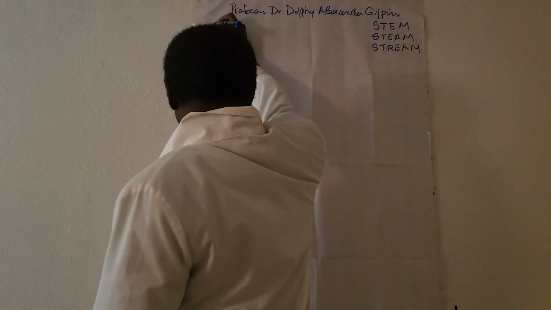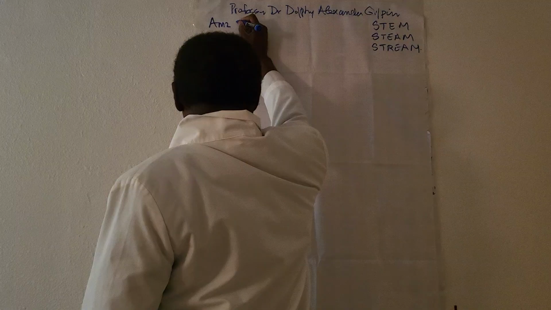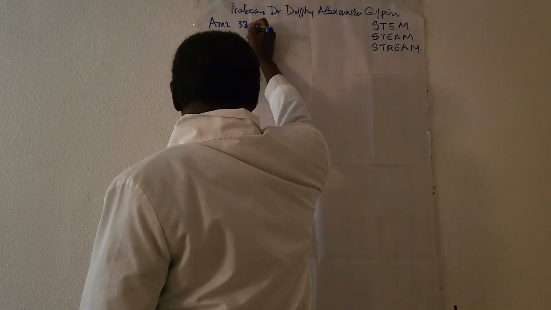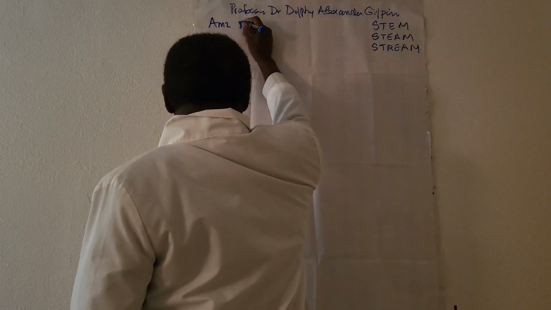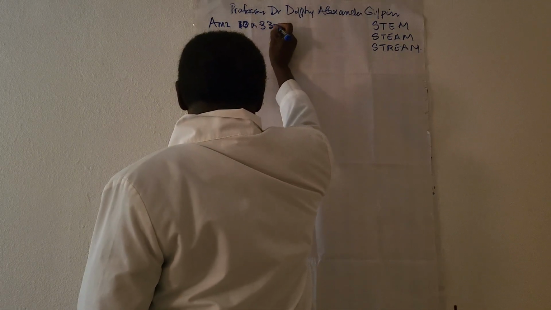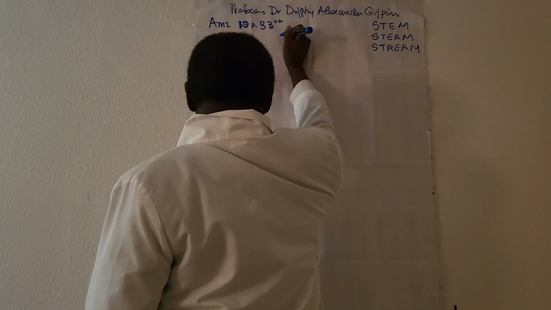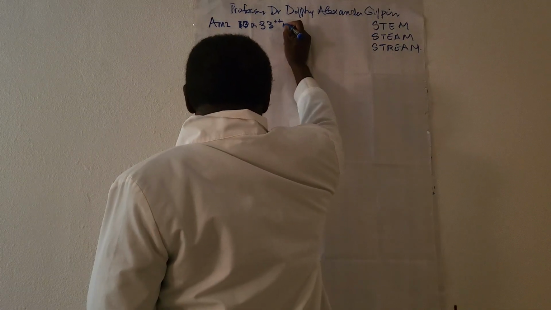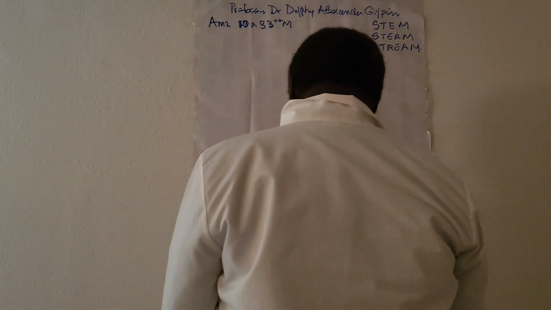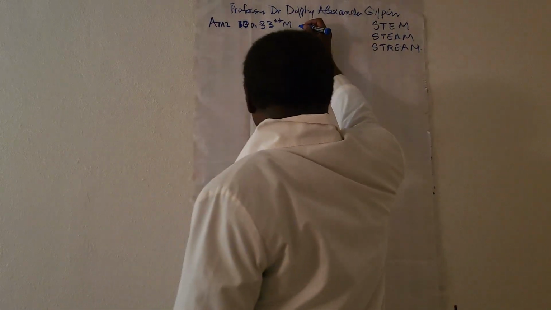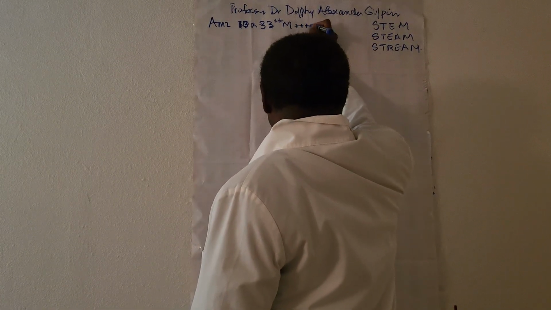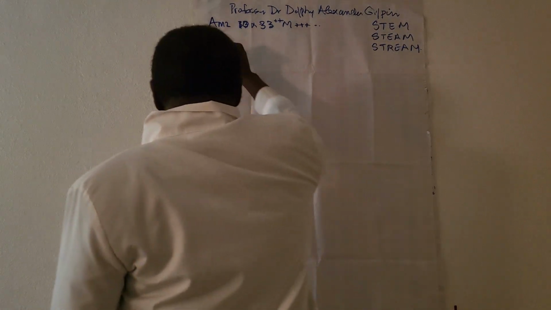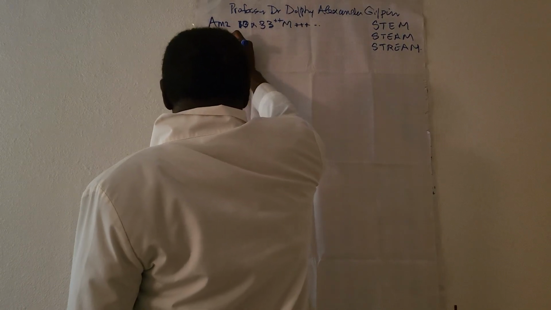So let's now continue with the AM, and we are now at 33, 10 multiplied by 33 plus now, plus plus plus. And so we have now the 34 as,